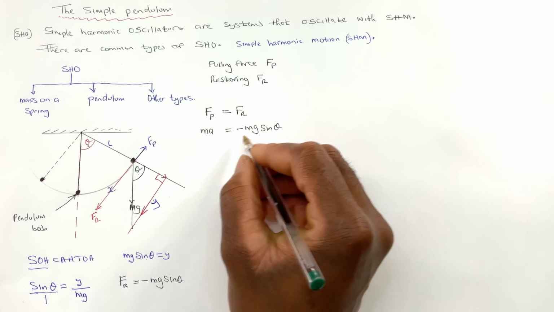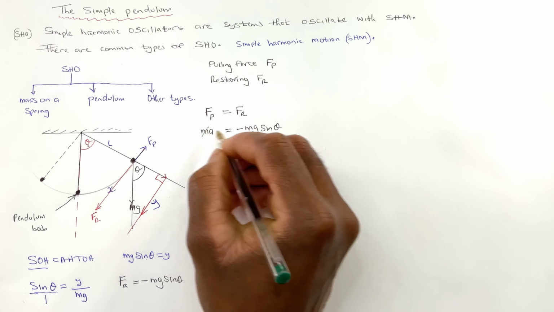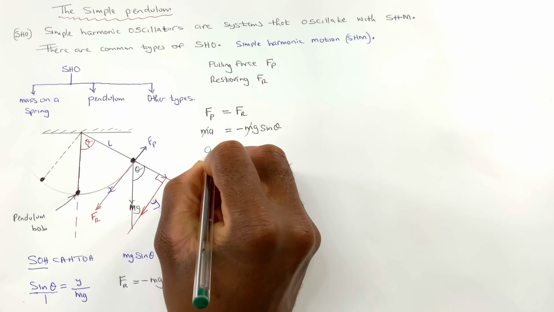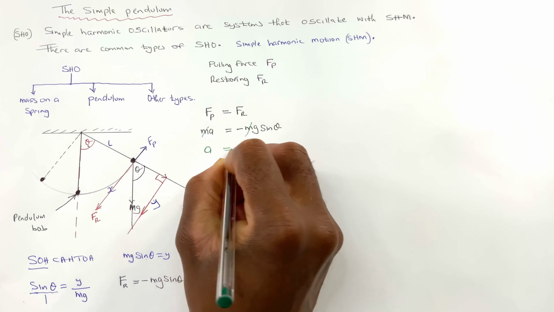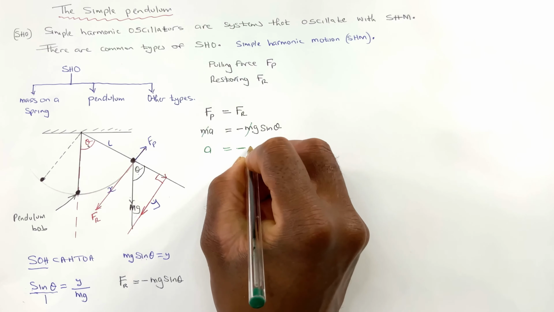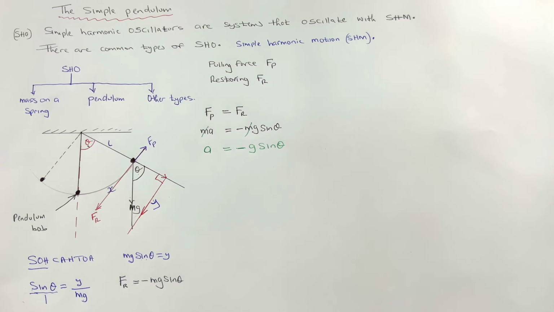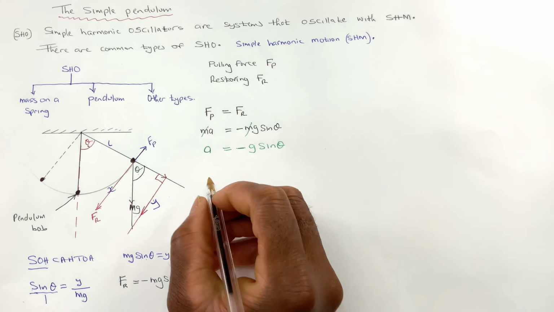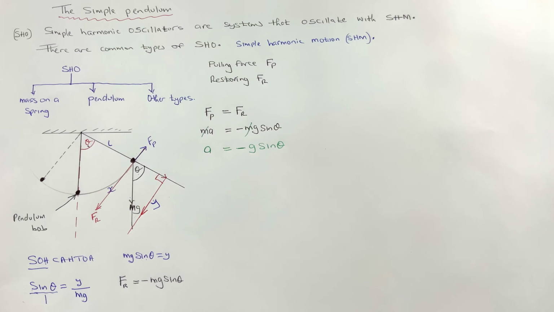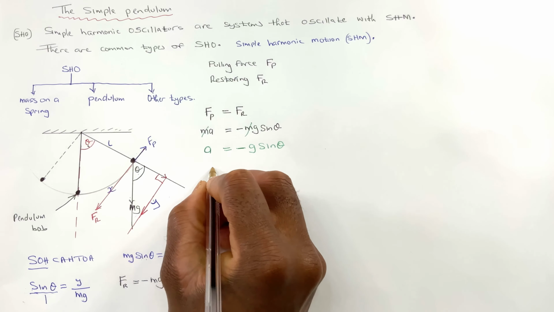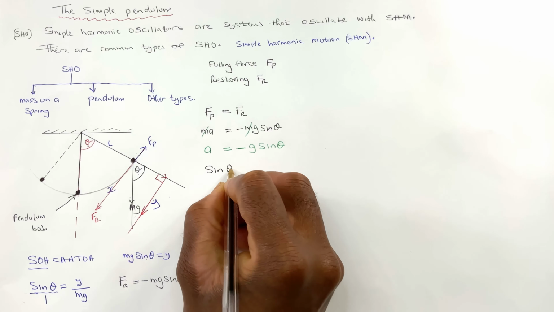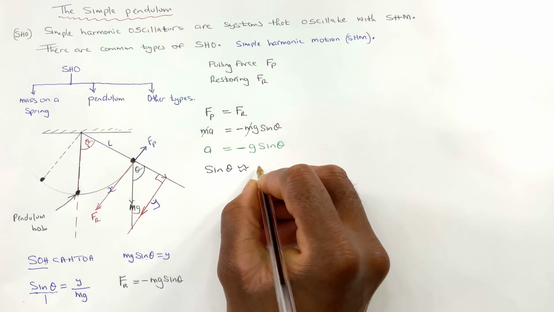As you can see, m will cancel m, so a will be equal to minus g sine theta. When theta is small, so for a small angle of theta, sine of theta is approximately equal to theta,